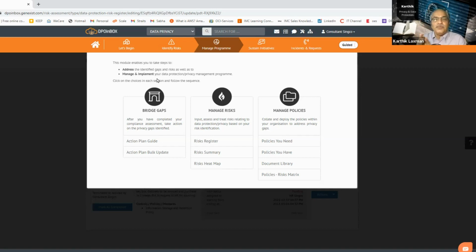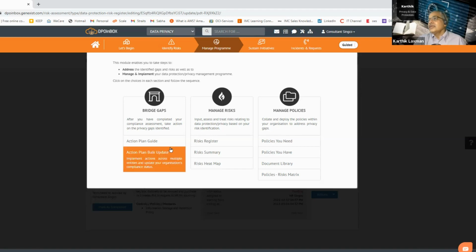So he used the same DPOinBOX tool, presented the business case to the management, using the same steps that we walked through right now, and got immediate approval for the purchase of the new software license for all employees.